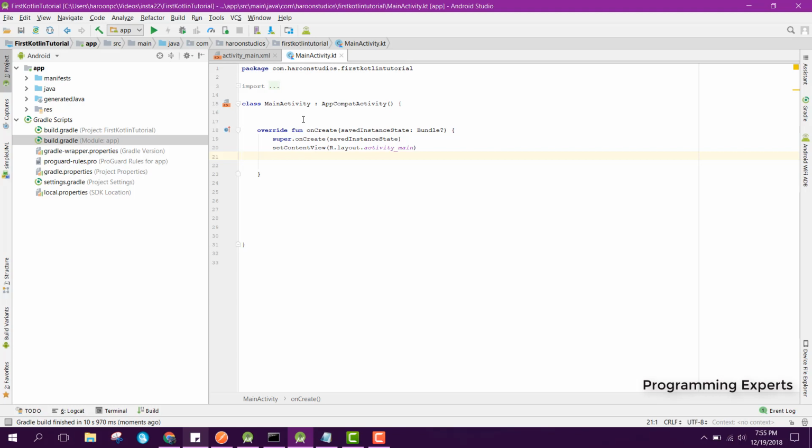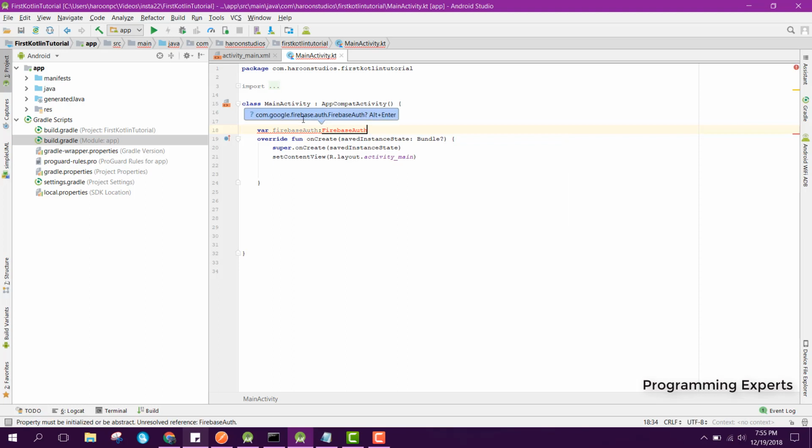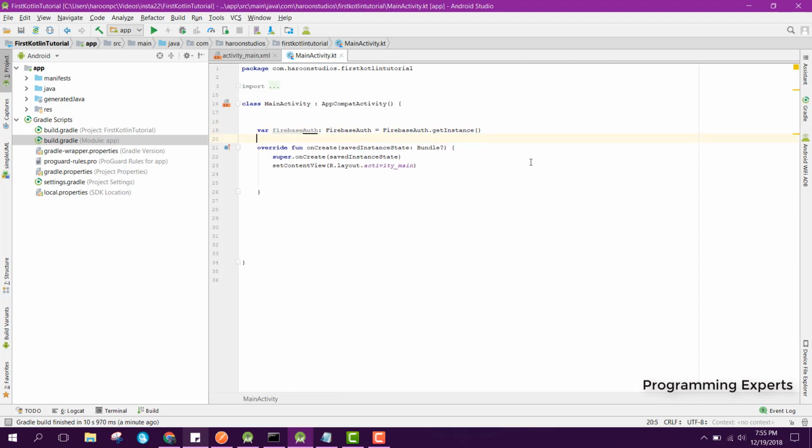Here we are in the main activity, and first of all we need to declare the Firebase auth. So here we can say var Firebase auth, and we can set it as Firebase auth equal to Firebase auth dot get instance. Alright, so now that we have got the Firebase auth instance, and now inside our on create method,